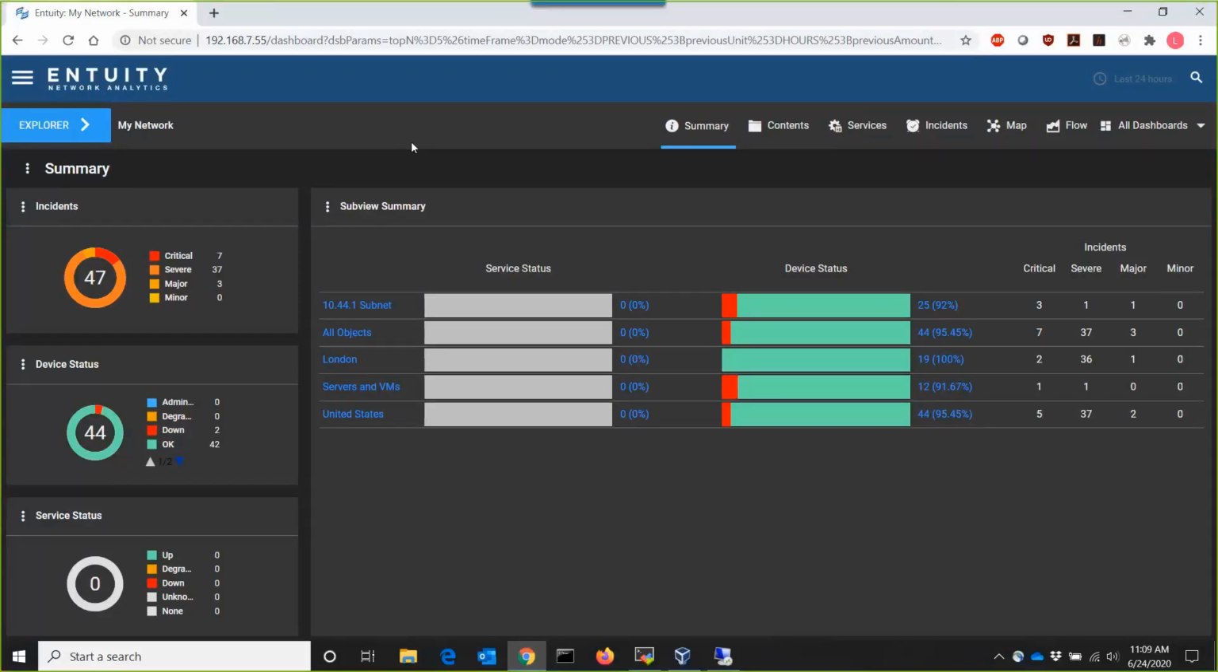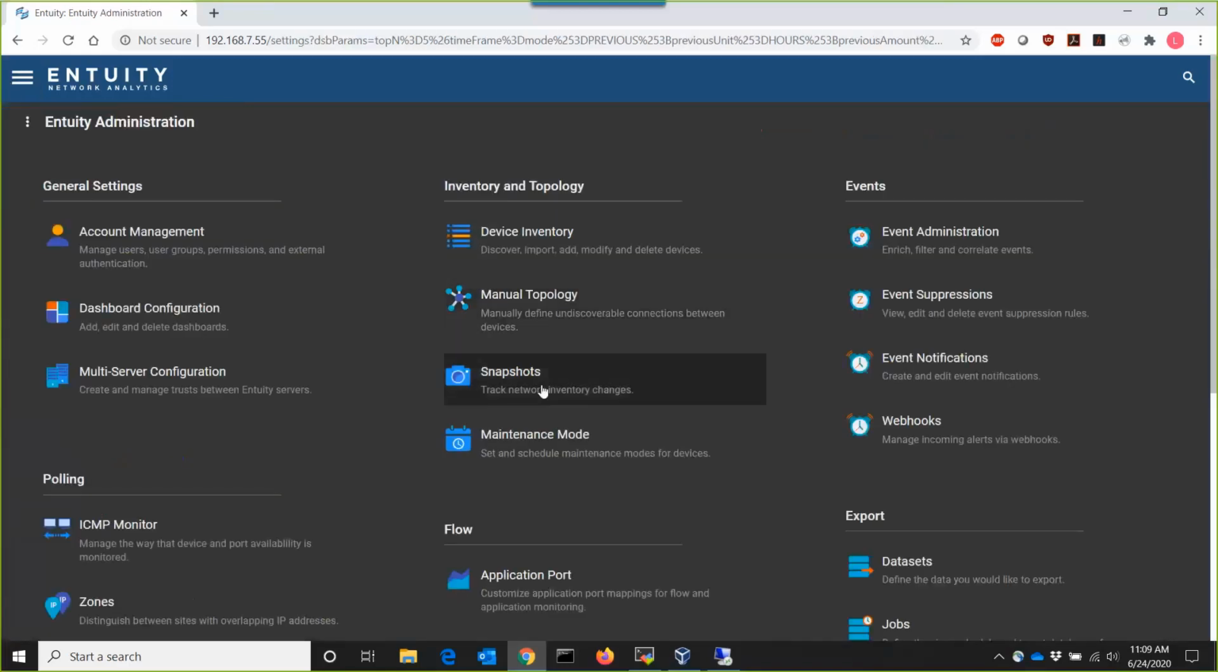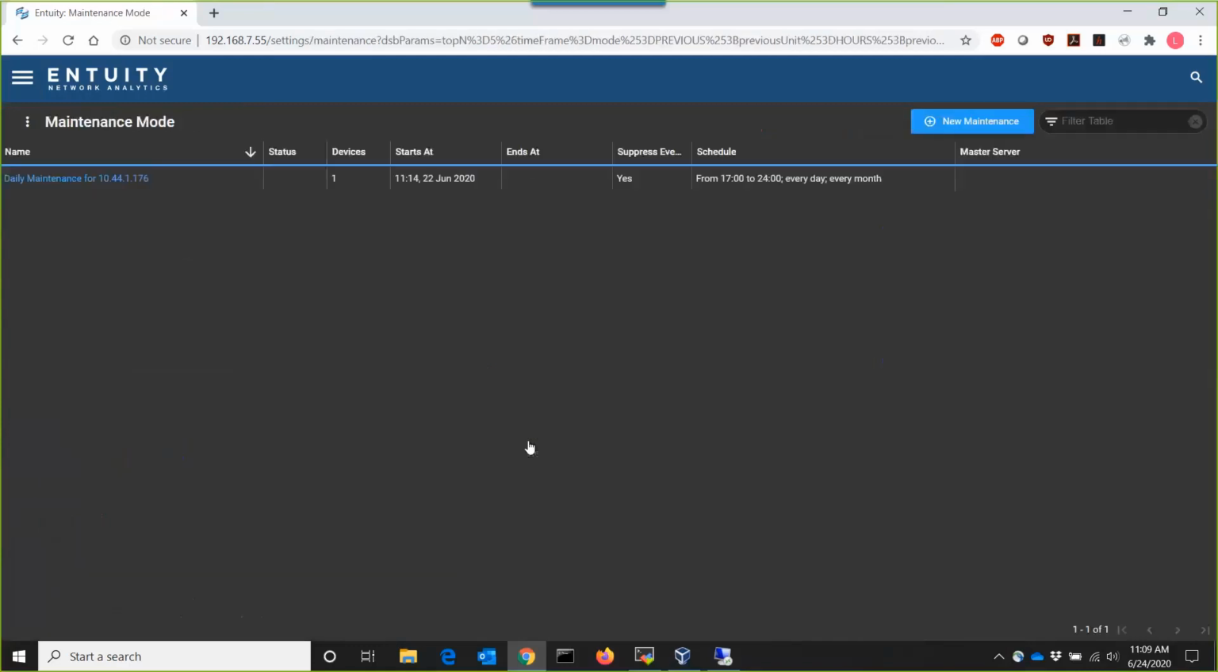I'll start with the main way to do that, and that is through the administrative area of the interface. So I'll go into the administration area here. We'll go into this maintenance mode selection, which is under the inventory and topology category. I already have a maintenance schedule configured so that I can demonstrate the reporting functionality and how that impacts availability